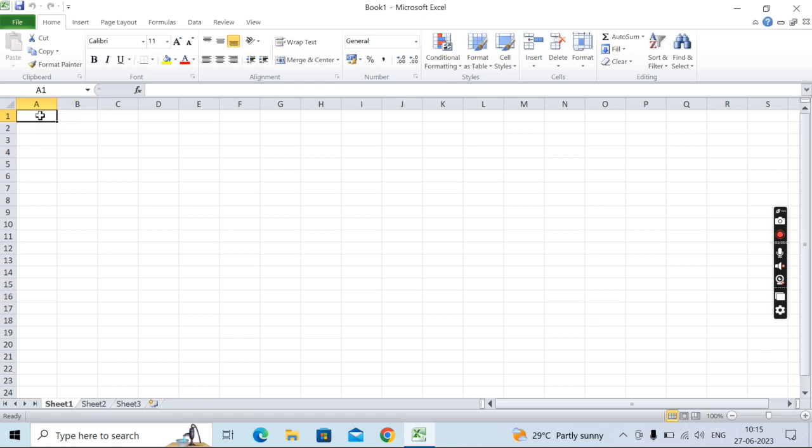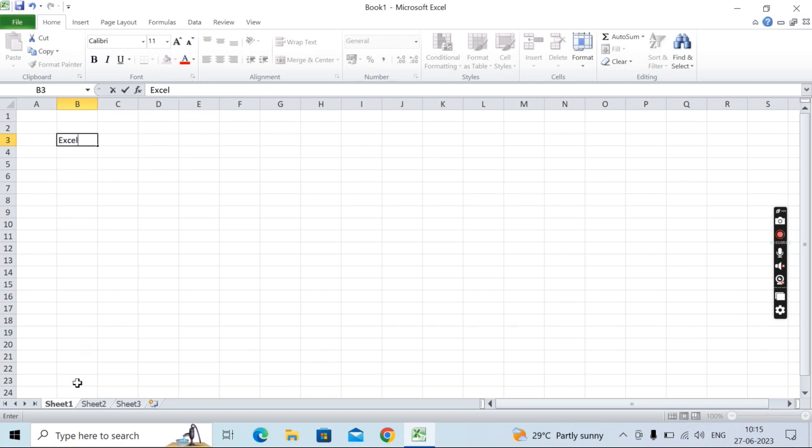When we click on any particular cell, that cell is surrounded by a black border, and this particular cell is called your active cell, and the address of this active cell is always displayed in the name box. The content of the active cell is always displayed next to the name box, that is your formula bar. In the formula bar you always get the content which is typed in the active cell. Suppose in this cell I have written Excel, the same content is displayed on the formula bar also.